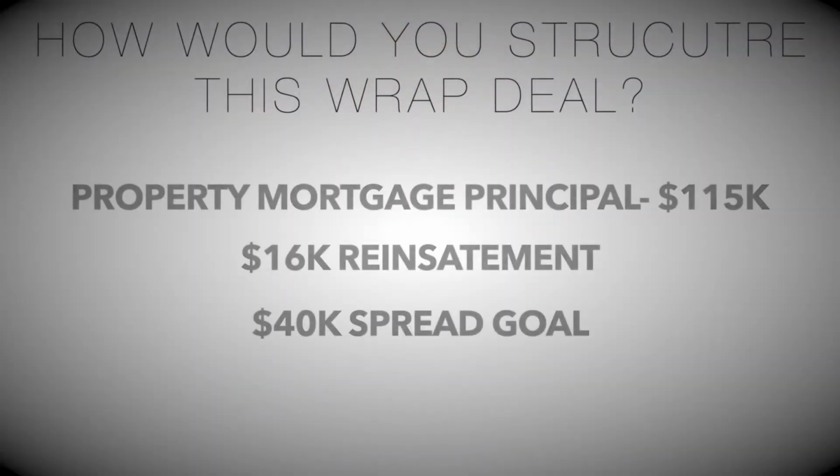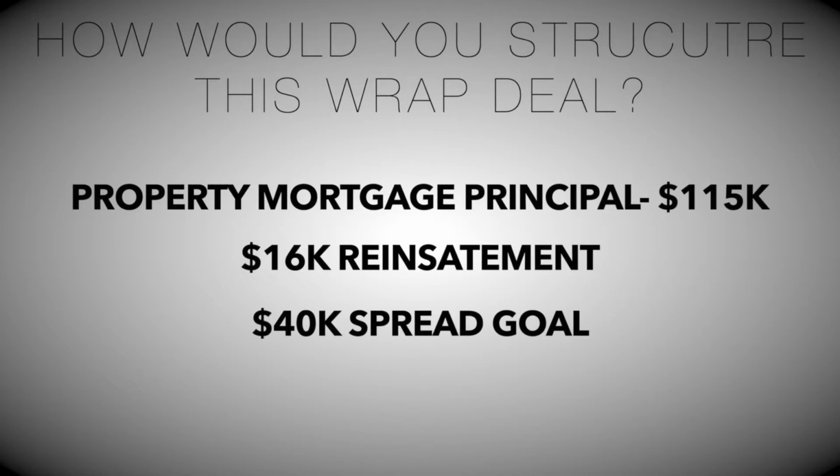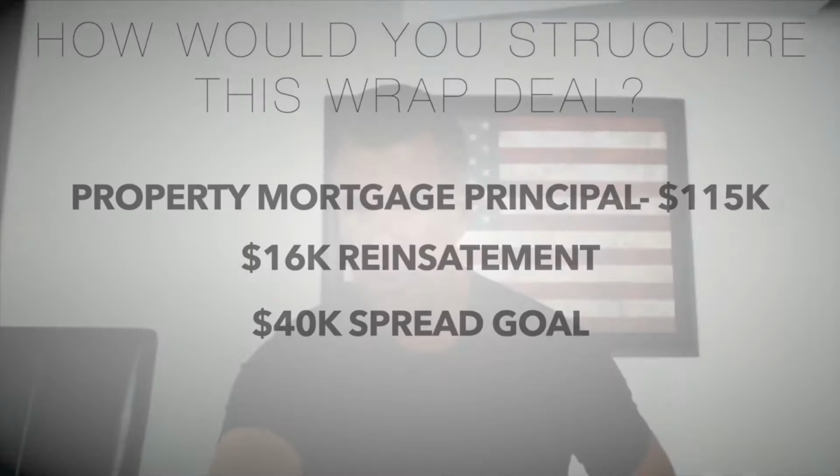Principal at 115, 16 in reinstatement status, so you're in it for 131, 136. You're in it for 136, and you want 40. Let's call it 140, 180. Yeah, there's equity in the property. I would put the value roughly at $200,000. You want 100. It's a $180,000 purchase price, $140,000 down, and